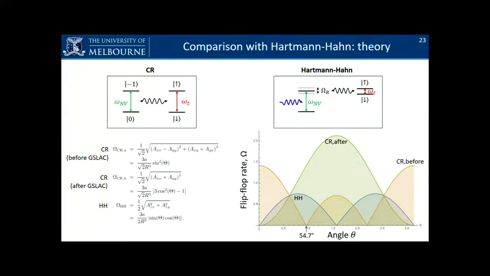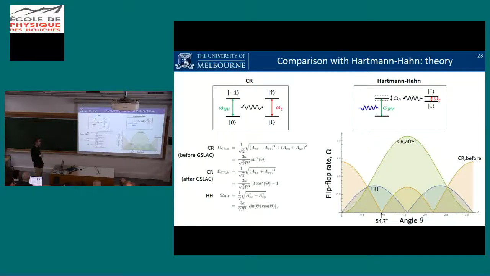And so the question is what's different between those two, and one difference is the angular dependence of the interaction, of the flip-flop interaction in the lab frame versus in the rotating frame. And so those equations are derived here. This is a flip-flop rate if you have just one target spin with no dephasing as a function of the angle here. So it's plotted as a function of the angle as shown before of the NV relative to the